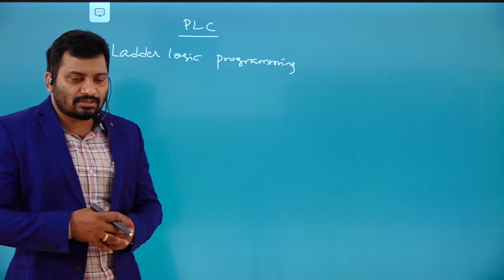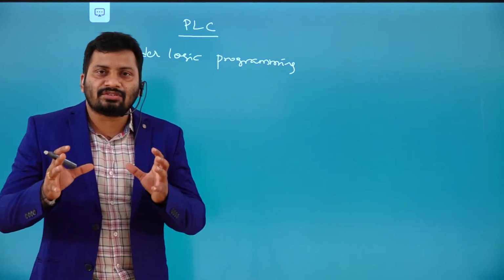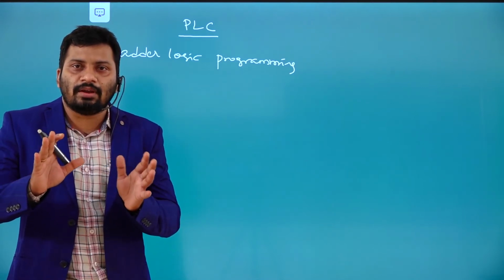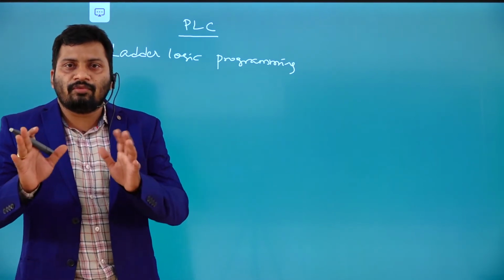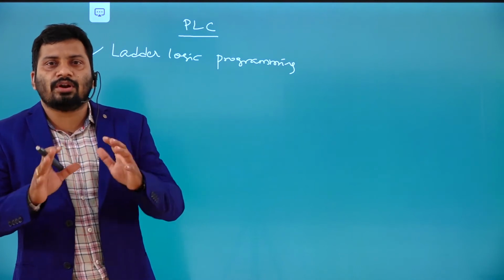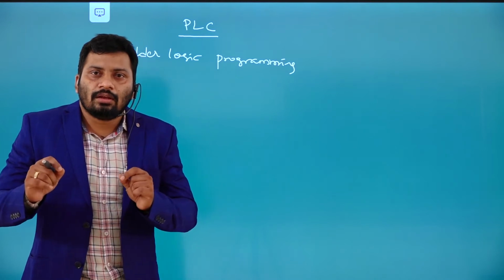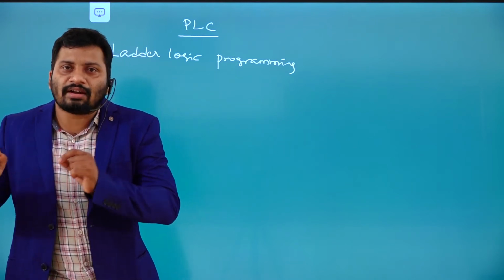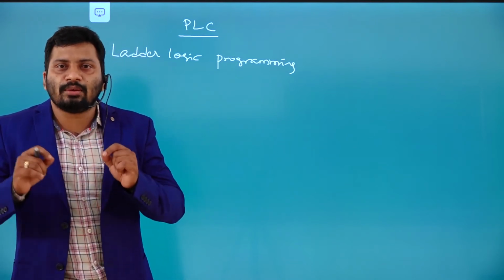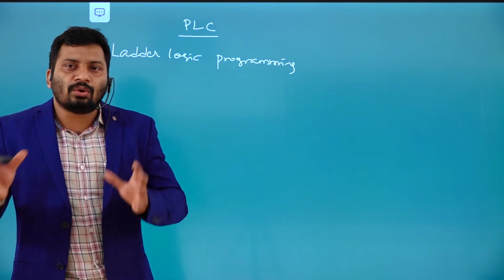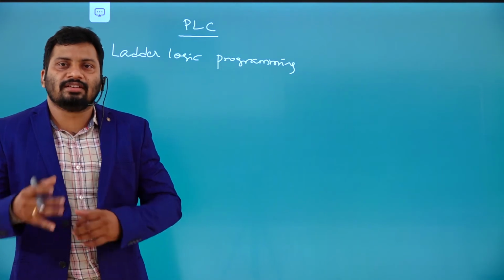For this time, we are going to discuss only the instructions that come under the simple instructions. Those work with contacts and coils. We are going to discuss them here, right? So the simple instructions are written with contacts and coils. Using these simple instructions only, you can control small processes in industry, right?